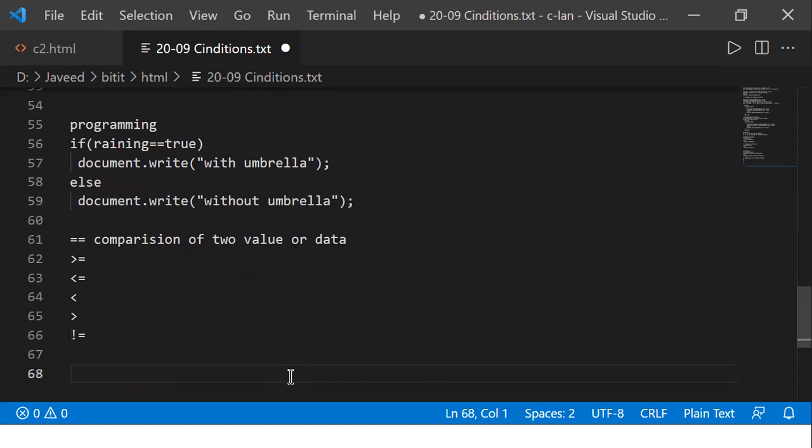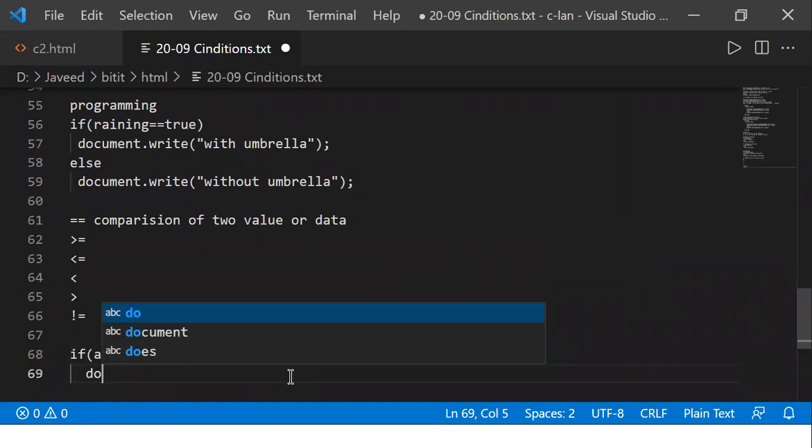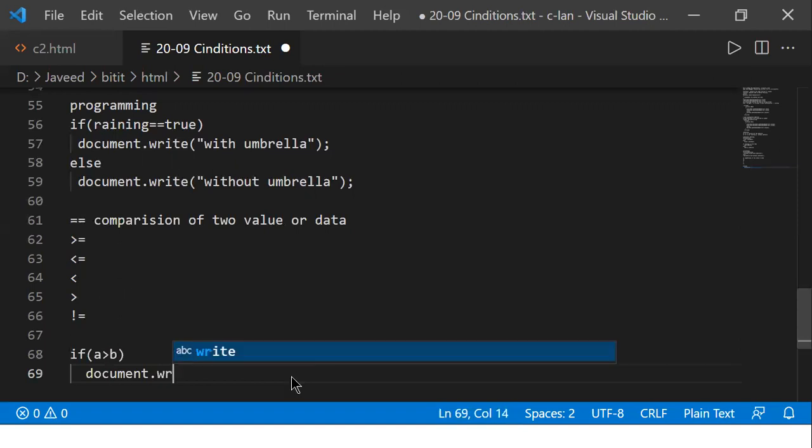For example, you want to compare the values, A value and B value. Simply you write A is greater than B. When you talk about programming, we'll say if, open the parenthesis, A is greater than B. If the value of A is greater than B, I want to print a message, document object dot write, A is big.